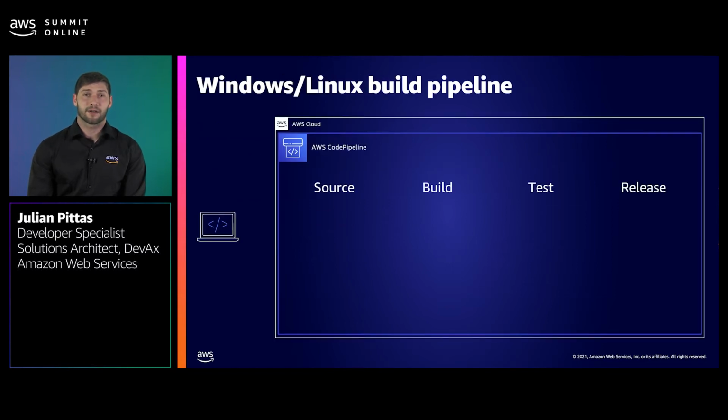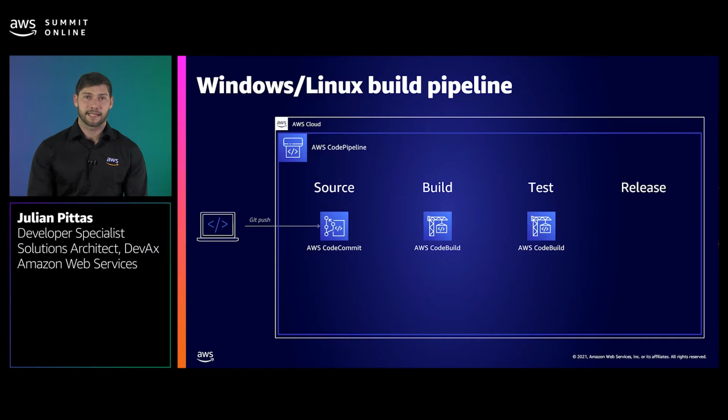At AWS, we currently have native support for Windows or Linux-based desktop applications or web applications. Now, the overall process flow would look something like this. Code will be checked into a source repository like CodeCommit, and then this will trigger our CodePipeline to start the build pipeline. CodeBuild will then receive the latest commit and start building our application. After CodeBuild finishes building out our app, it can then run acceptance tests on the built artifact. And finally, once all our tests pass, we can deploy our web app or service using CodeDeploy.